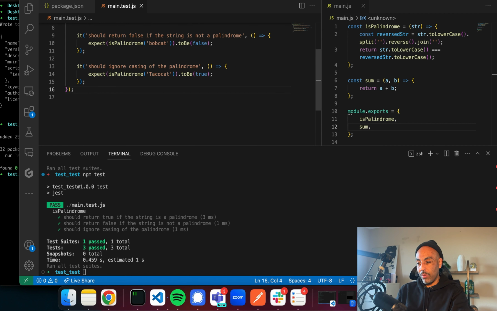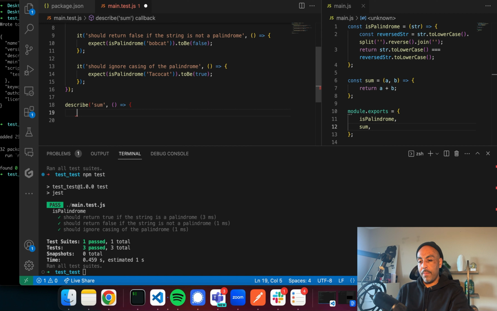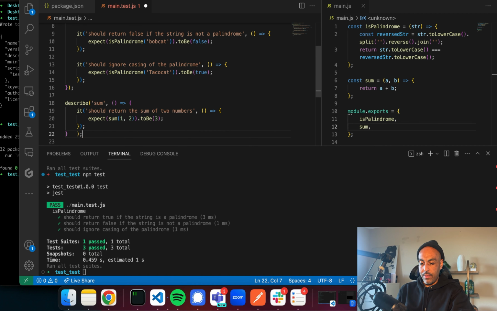So how would you start this one? Well, you could describe sum, right? And then you could have, here's a perfect example of a test. Again, using Copilot because it's a lot easier to see me just fly through this, but you should ideally not be, because it'll help you understand. And I would expect, let's just write this over. What do we expect? We expect the sum of 2 and 2